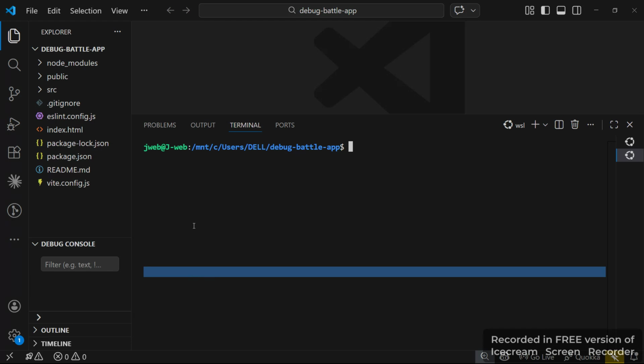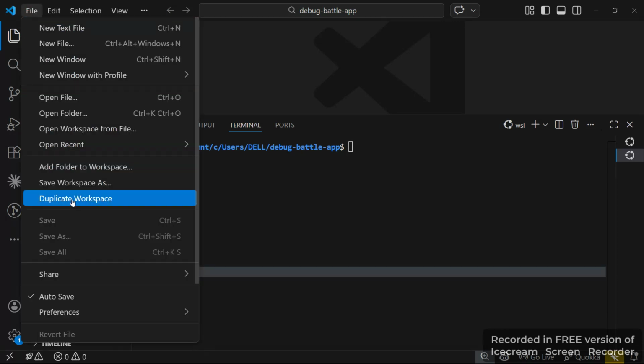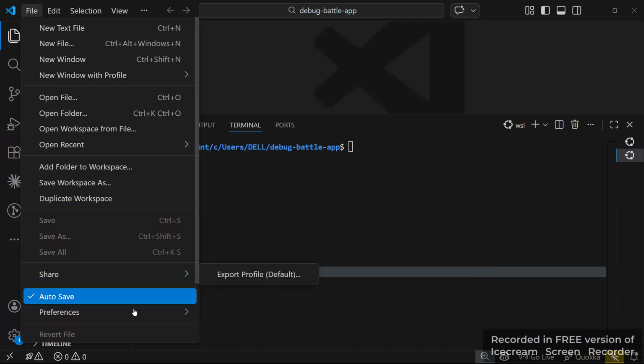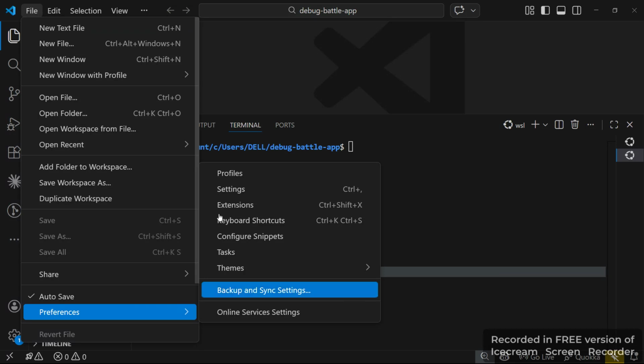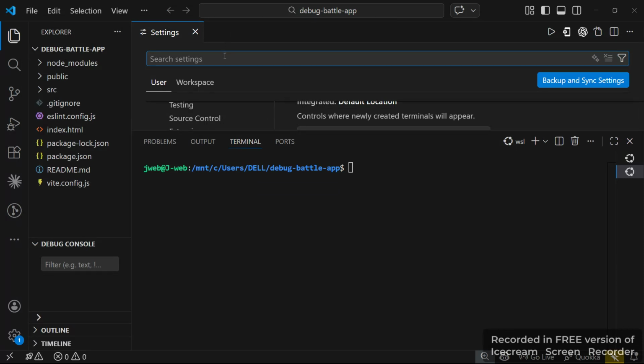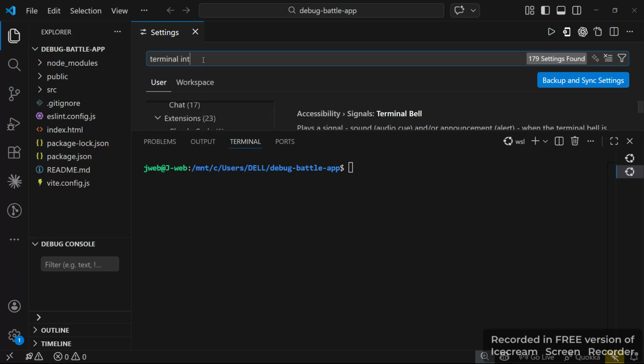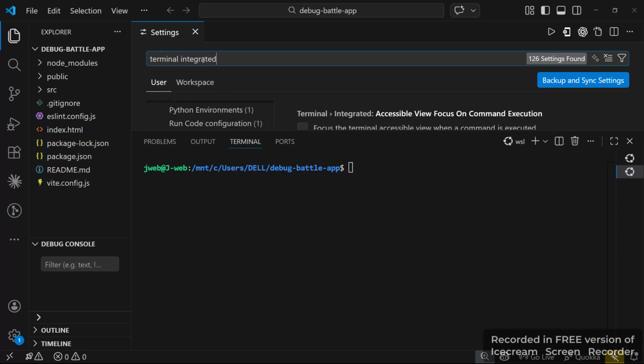So how do you do that? The first thing you want to do, there are two ways. The long form is for you to go to File, then Preference, click on Preference, then go to Settings. Okay, so here when you are in settings, you are going to just search for terminal integrated default